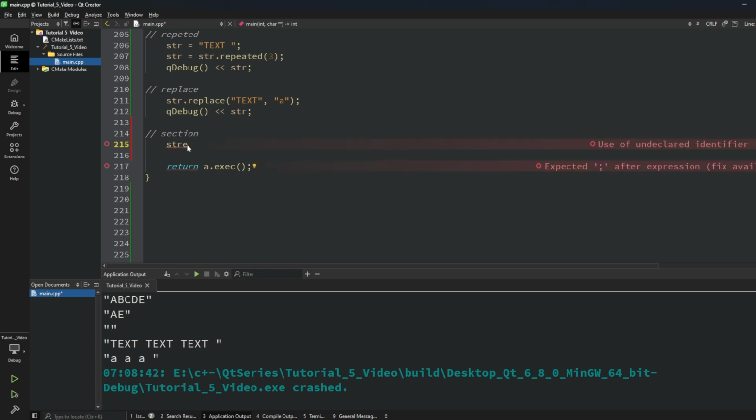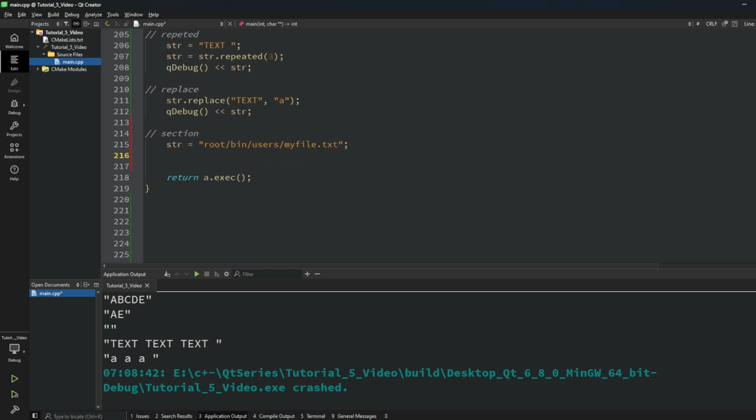For example, I have str equals to some path in our file system. It's a root, then users, then myfile.txt. And then you want to get a section of it, so separate by slash and then get a section of it. Most times